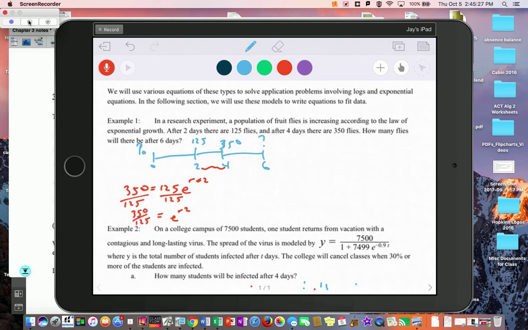Now that it's a base e sitting there, I can take ln on both sides, the natural log. And remember, ln of e is 1. So when you bring the exponent down in front, you just have r times 2 on that side, and whatever the ln of 350 divided by 125 is. And then we can divide by 2. So this number right here is the growth rate. And so if we switch over to the calculator,